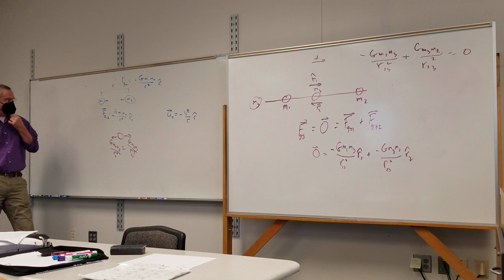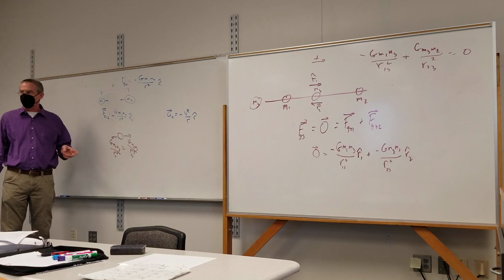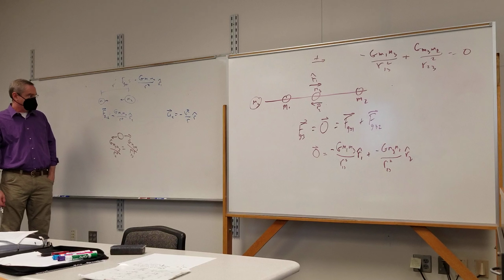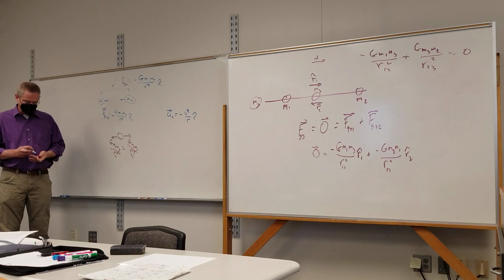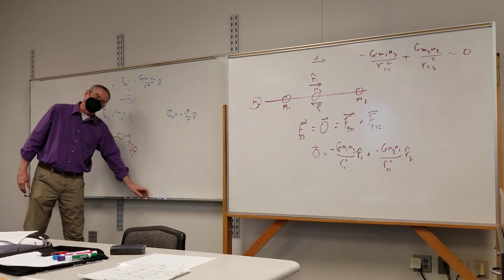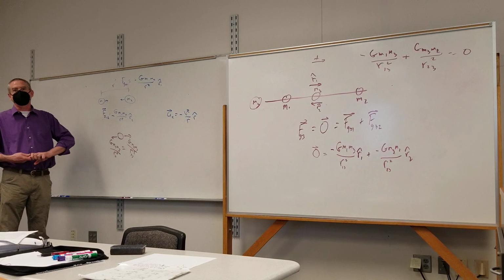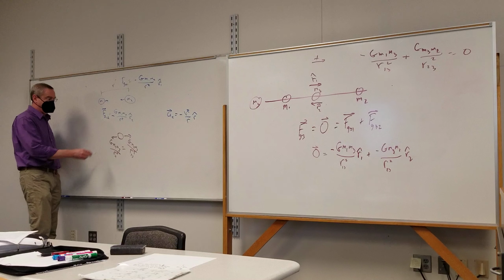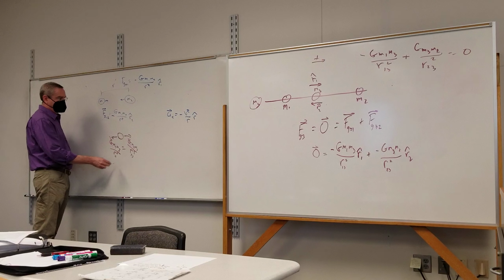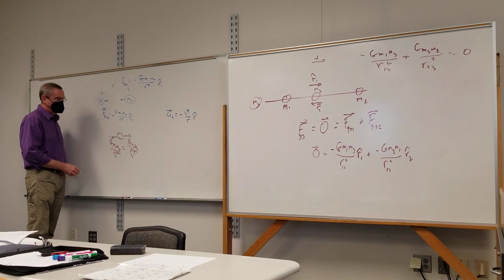For gluttons for punishment, you would plug in the numbers that you do know and multiply it all out. Those who want to cause less pain for themselves will cancel stuff out. G goes away, mass 3 goes away, and it just